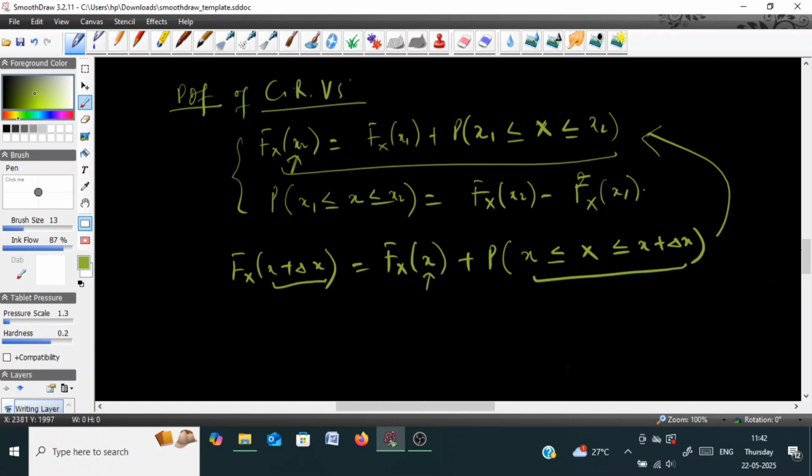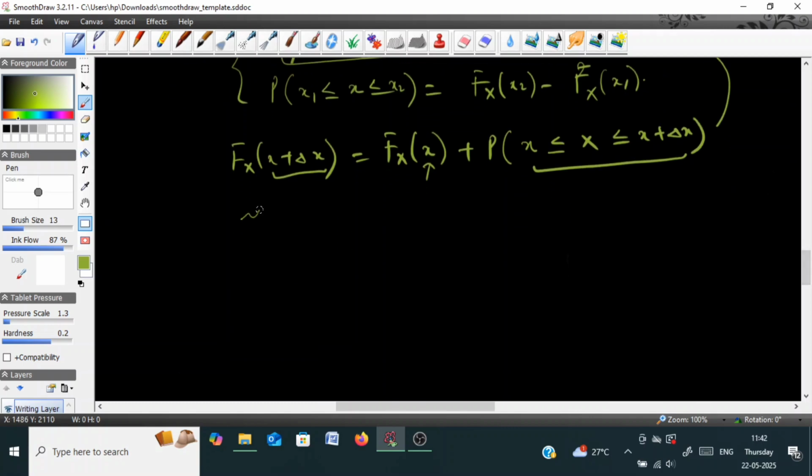Okay, so if delta x approaches 0, and if you write this equation F_X of x plus delta x in the form of a Taylor series, if you find the Taylor series expansion of this, it can be approximately written as